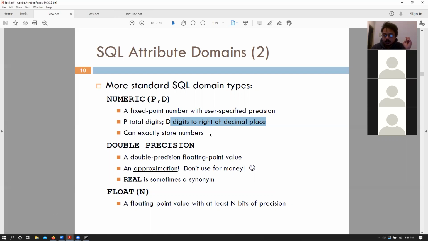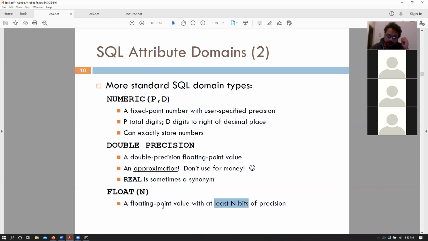We would usually use the numeric data type to store your money values and things like that. We also have double precision values, and we also have floating point values, right? So double precision is essentially 53 bits of memory, whereas floating point values are at least 24 bits.